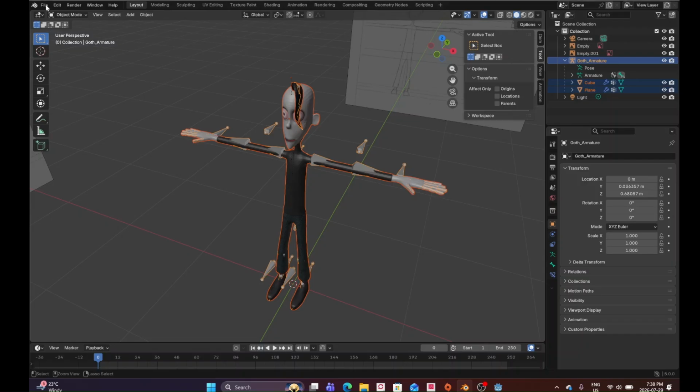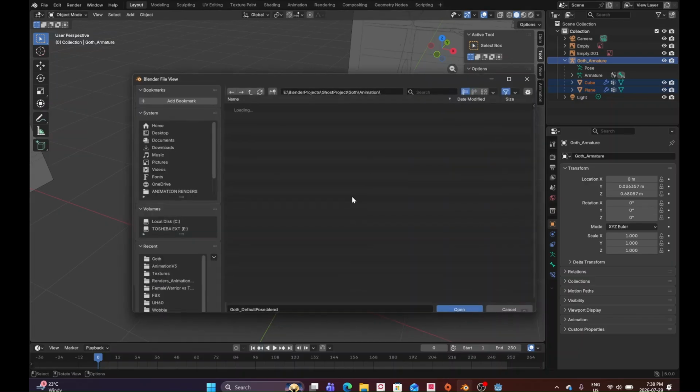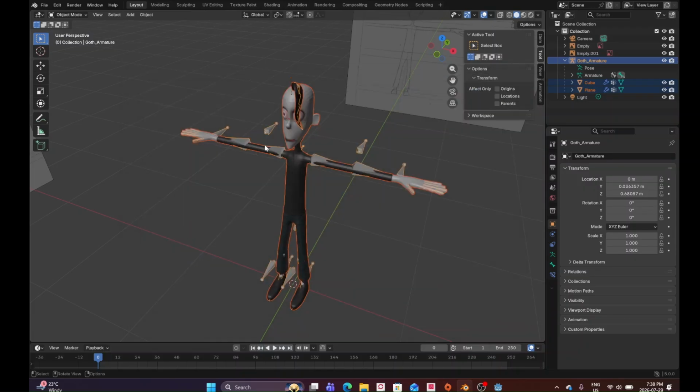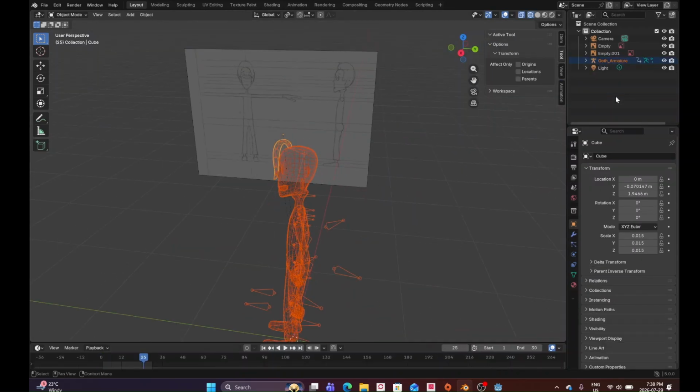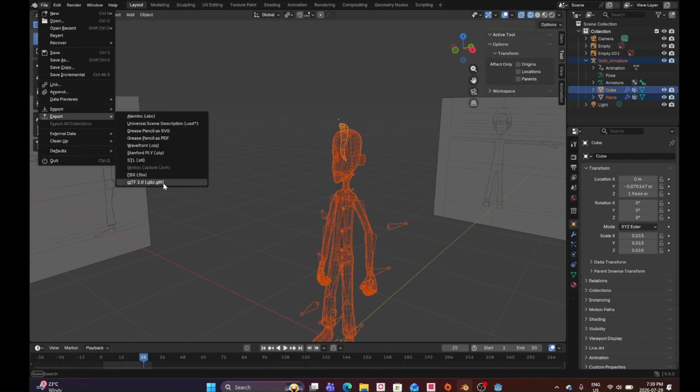And then I'm going to open up my idle, make sure everything's selected, the armature and any relevant geometry, export GLB,